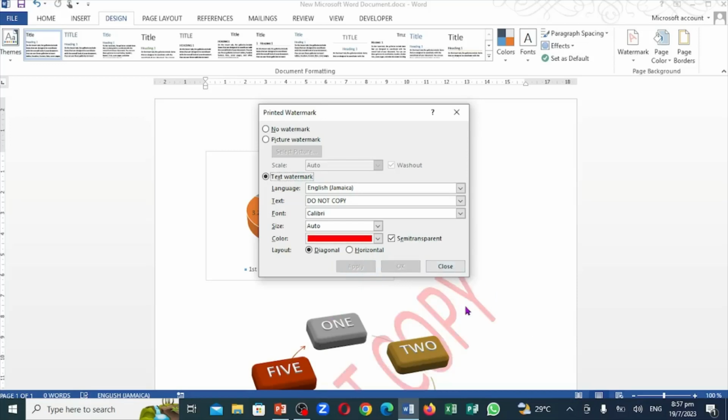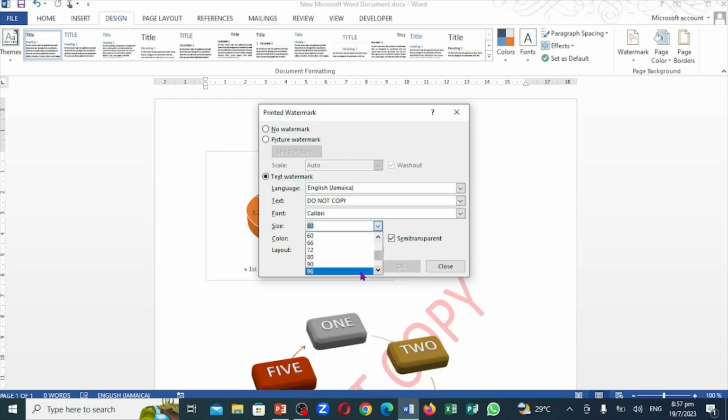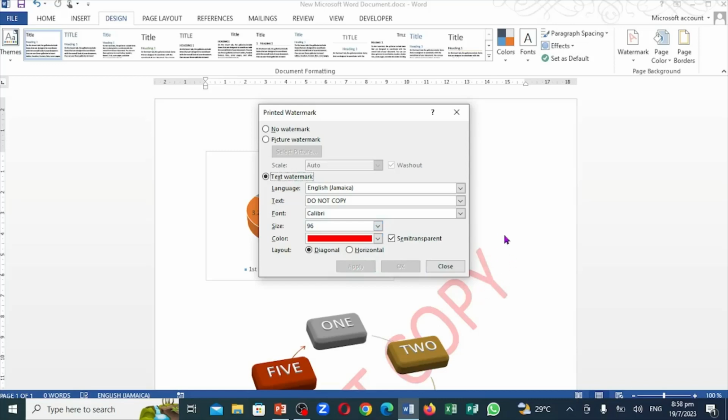If you notice right here, you see it says Don't Copy. But I'm going to move it from Auto and take it up to 48 and apply. You notice, well, that is too small. Let me click down to about 70 or 80, apply. If you notice right up here, 80 again, let me try 96. Right up here it says Don't Copy, but I can actually come in and change that. I can say